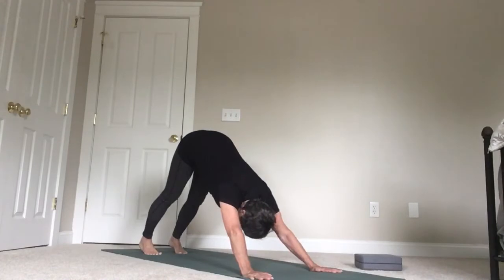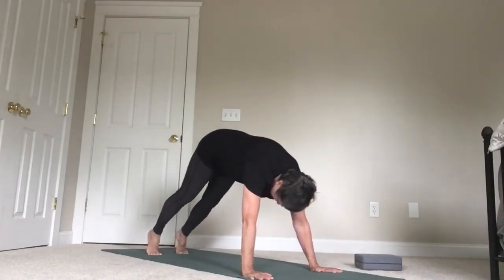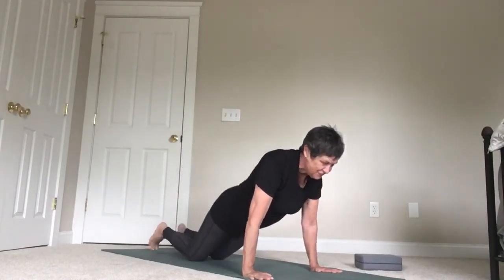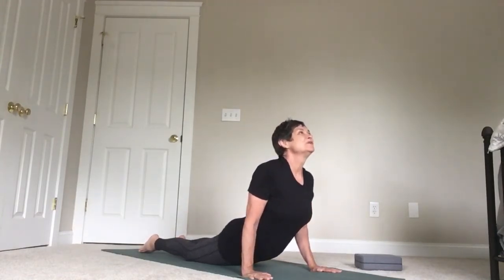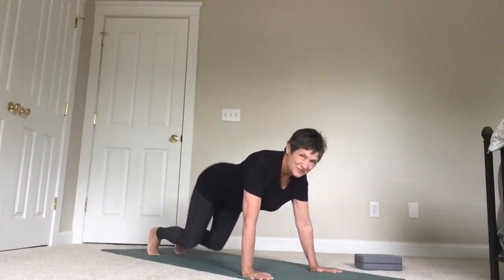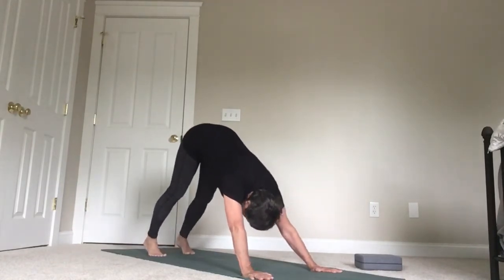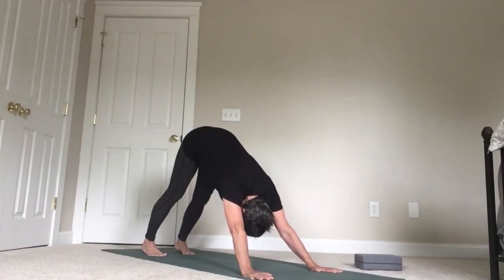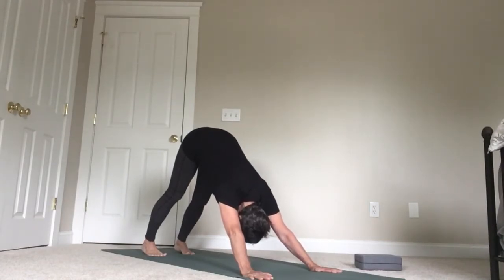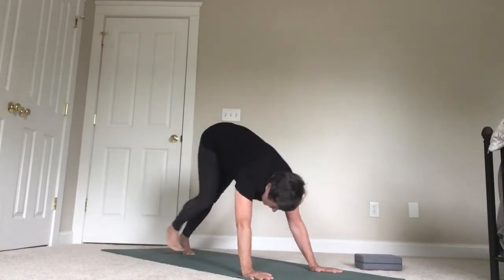Breathe out. Come forward like a wave. Drop your knees, tops of your feet down, upward facing dog. Really open your heart. And downward facing dog, breathe out. Breathe out. The inhale will come. Walk up to the top of your mat